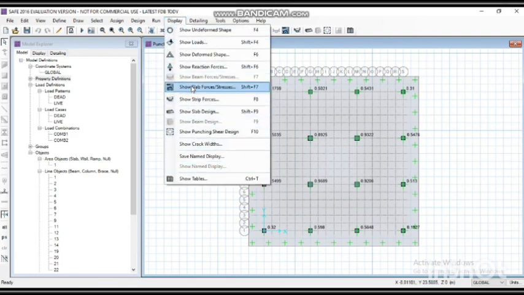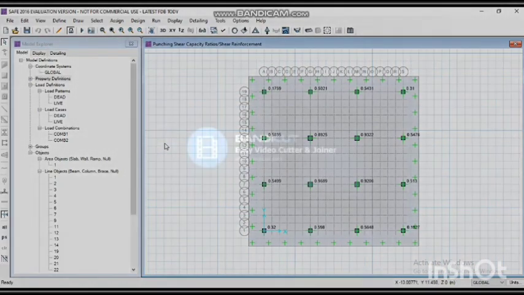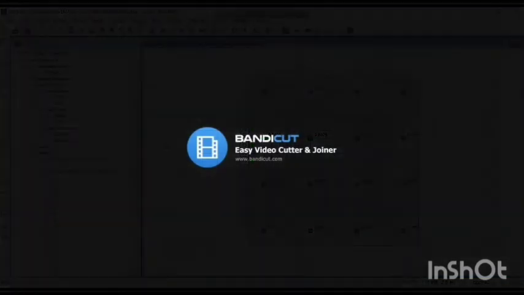Again go to the display menu and show strip forces. You can check the forces or stresses in all the columns and footings under this. Hence the design is completed.